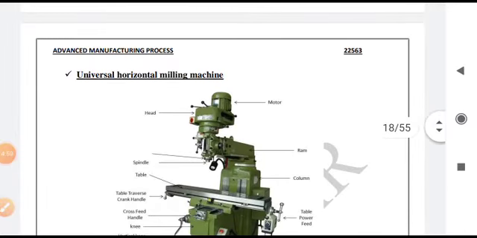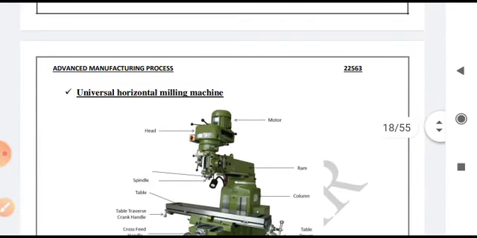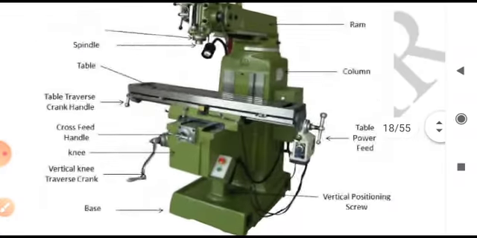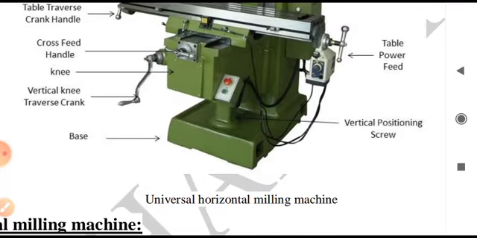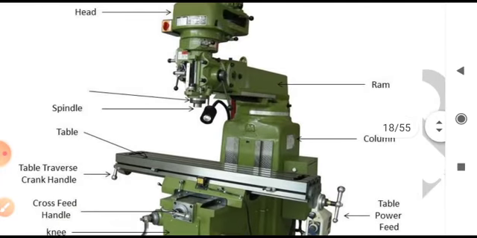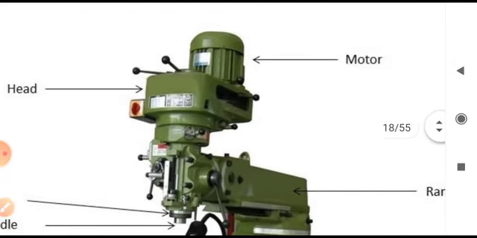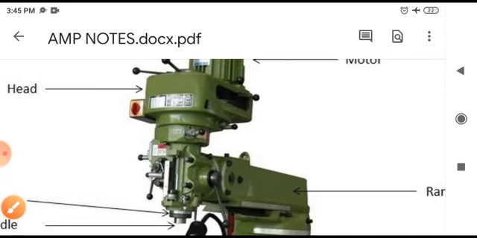Here you have the diagram of the universal horizontal milling machine. This is an actual photo of that universal horizontal milling machine. We will see it one by one, from top to bottom. First, a motor is provided as a prime mover, then